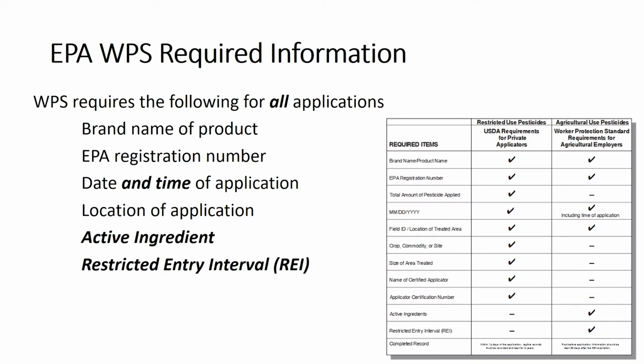So it's really important that we get all the information we need from both of those entities on our records, so that we're in compliance for both sectors. Now, you said a very interesting term there, Tad, restricted entry interval, or REI. And basically what that is, after we do the application, how long is it safe before we can go back in? If we have to get in before that time, we've got to suit back up with all our personal